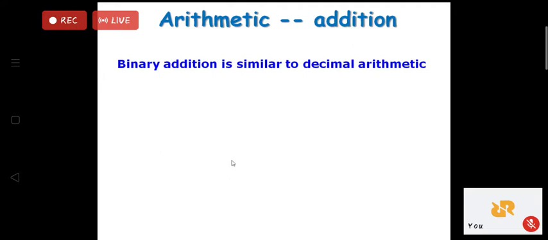Then we have come to binary arithmetic, that is addition. As the simplest form, I told you that when there is no carry, it is called a half adder. Half adder means there will be only two inputs. The carry portion is neglected, but in practicality, we will see that this is not enough, because it generates the carry, but the carry is not taken care of. So in the half adder we have seen, only two bits are added.